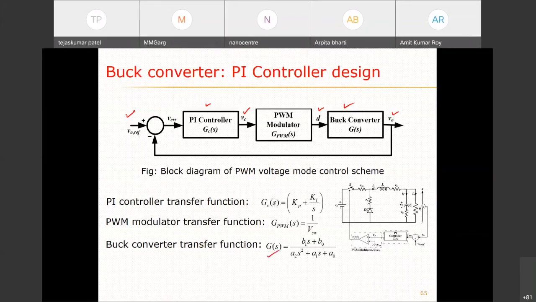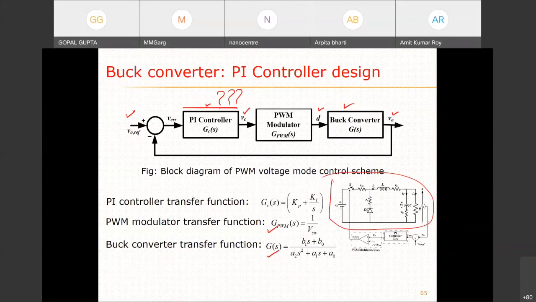So if I formulate these things in block diagram format, then this is the converter. Output voltage is sensed from here. It is compared with the reference. Error is given to a controller. Now the controller provides me a control signal. That control signal I give to a PWM modulator, which gives me duty cycles, and that duty cycle is fed to the converter, right? So this relation, or this mathematical model between duty cycle and output voltage, we have already obtained.